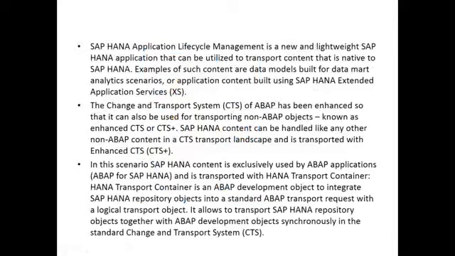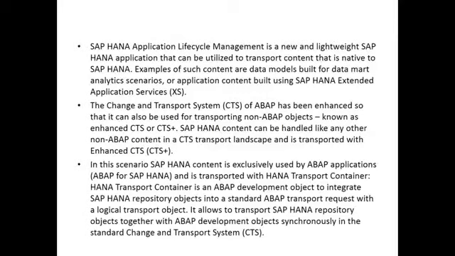So what are the HANA transport techniques? First one is HALM, HANA Application Lifecycle Management, a web-based environment. It is a lightweight web-based application. Using it, we can transport HANA native development objects like access objects or cloud-based objects.